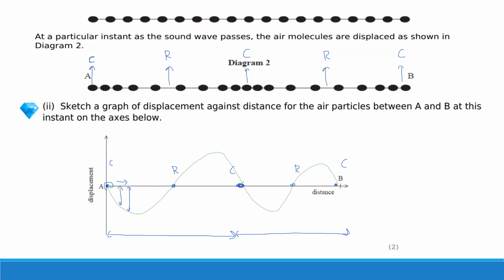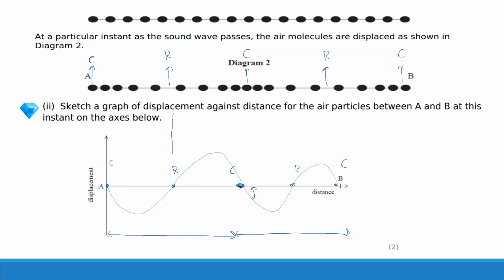This is also a compression because the particles on the right have a negative displacement, whereas the particles on the left have a positive displacement. This is opposite to a rarefaction, because in our rarefaction here, the particles on the right have a positive displacement and the particles on the left have a negative displacement. So that is why it's this shape rather than the shape you drew, Saleh. Does that make sense? Yes, sir, it makes sense now.